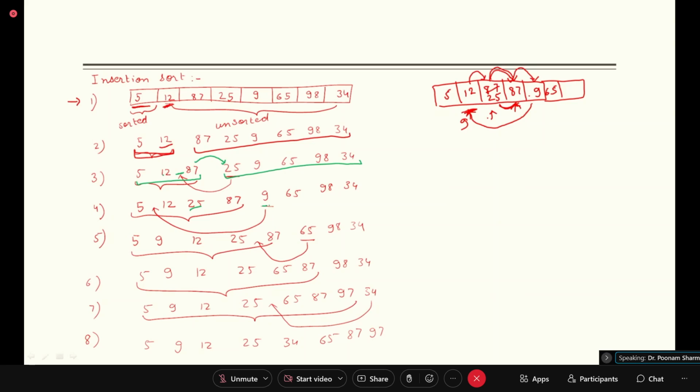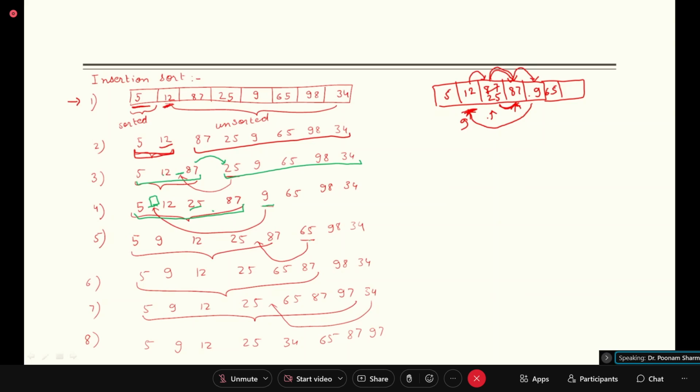Then there is a requirement for a space for 9 in between 5 and 12. So how will we know where to place 9? 9 will be compared with each and every element. So it will be compared with 87, whether it is greater than 87? No. Whether it is greater than 25? No. Whether it is greater than 12? No. Whether it is greater than 5? Yes. So it has to be inserted on the right side of 5, right? Because we are having all these elements in sorted form. So just by comparing with each element, whether it is greater or not, we can identify where this one needs to be placed. So yes, now this can be placed over here,